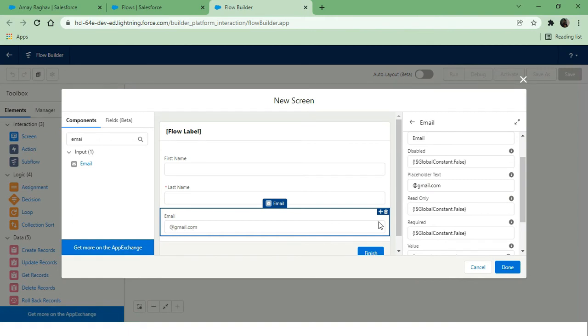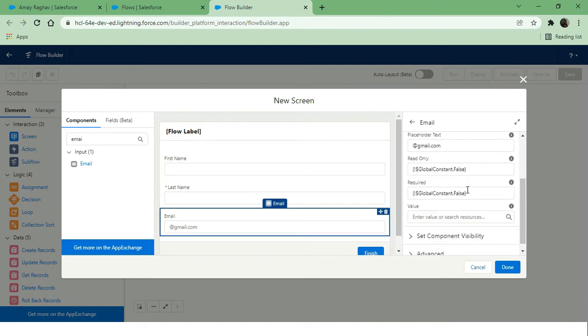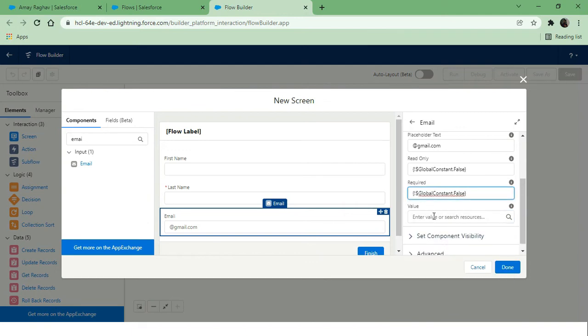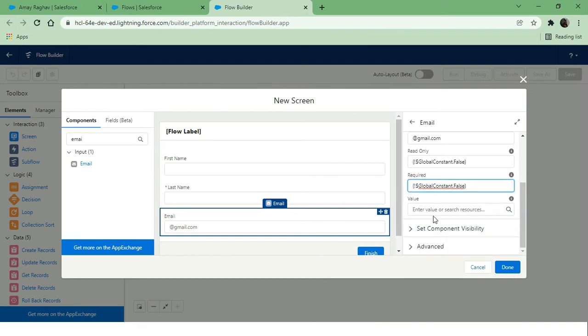Read only, if you want to make it read only, you can mark it as true. Required, it is false right now, we can mark it as true, right? Global constant true, right? Now you can see it is required, but we don't want to make it required, so let's make it false. And value, if you want to set a predefined value. So that's it. Now these three fields are enough for us.